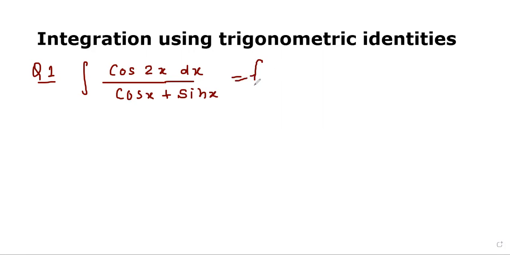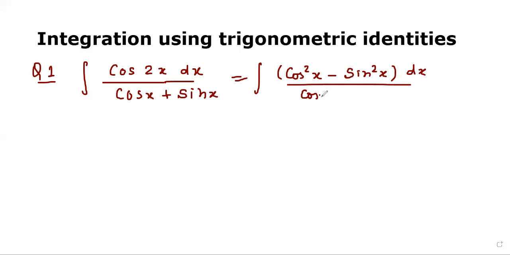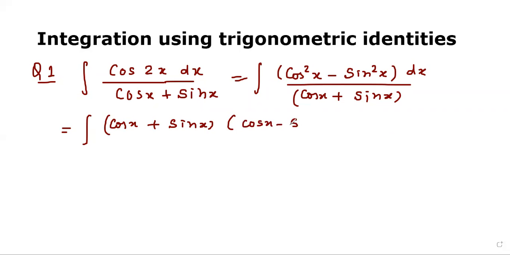This will be equal to integration cos square x minus sin square x dx divided by cos x plus sin x. Now we factorize the numerator, so that will give cos x plus sin x times cos x minus sin x divided by cos x plus sin x